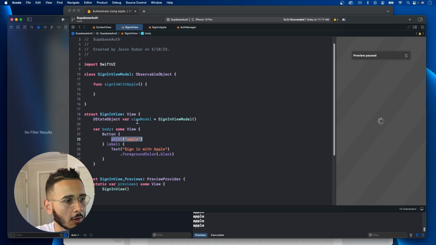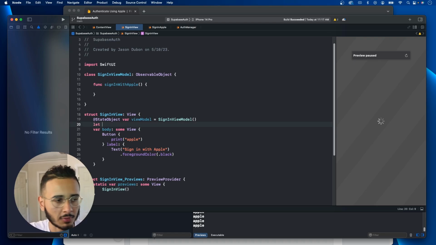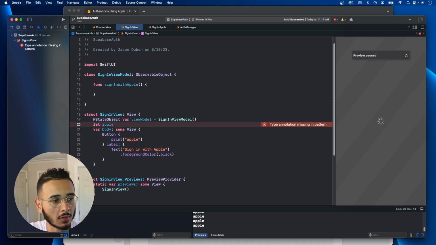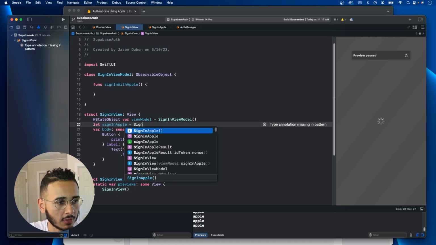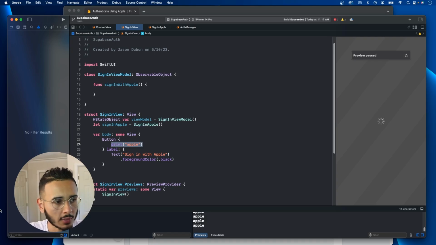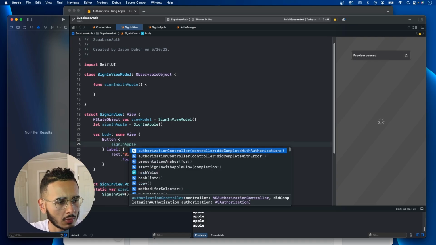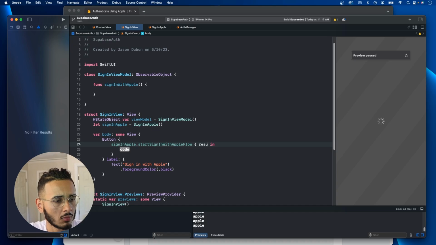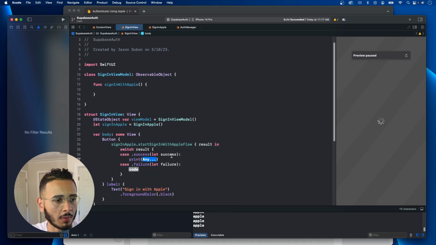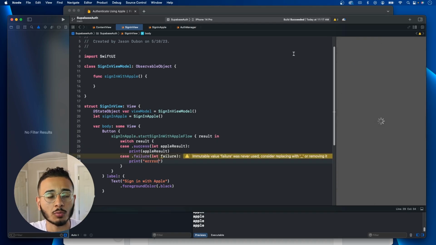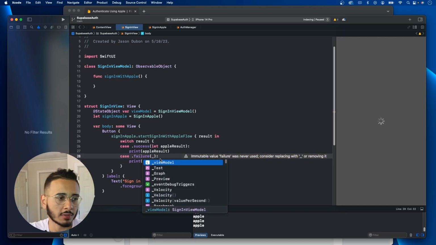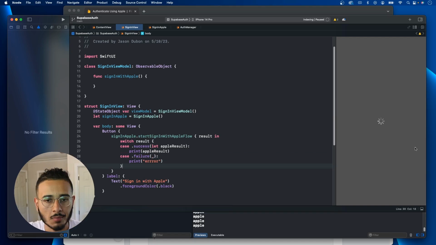Now let's try to implement this in our project. So, how do we want to do this? Should we quickly implement it in our view controller? I'm going to refactor this in a little bit. I just want to put this here to test it right now. So let's say SignInApple dot startSignInFlow, and let's switch on the result and print. This will be the Apple result, and this will be the error. And let's resume the preview. We're going to delete this anyways in a little bit. All right, I'm going to build this right now. Let's see if